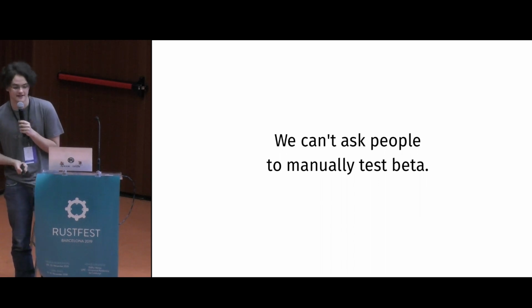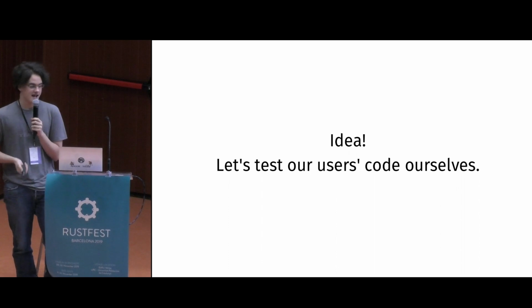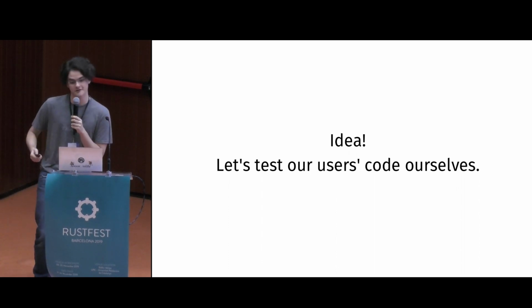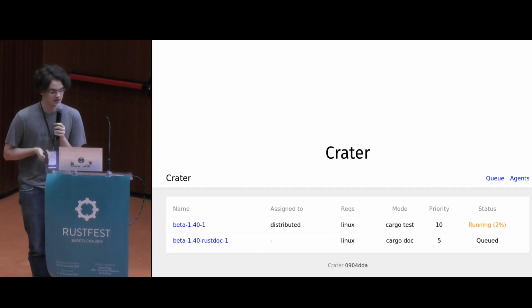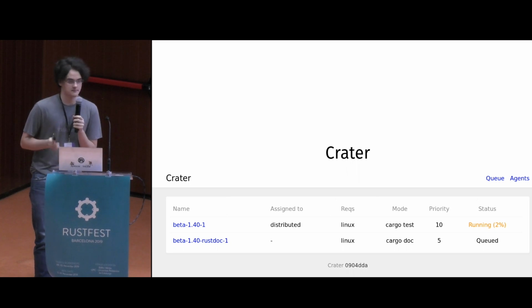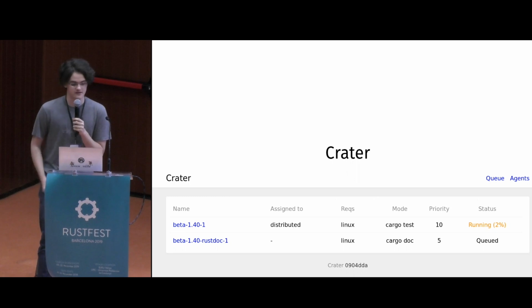So we actually had an idea. Why don't we test a user's code ourselves? And this is an idea that seems really bad and seems to waste a lot of money, but it actually works, and it's Crater. Crater is a project that Brian Anderson started, and I'm now the maintainer of, which creates